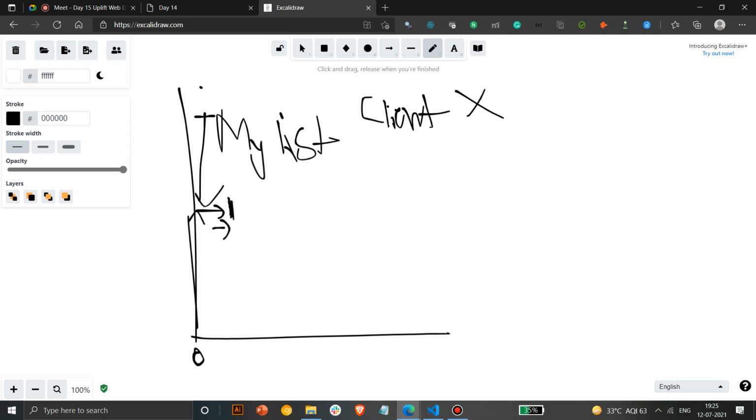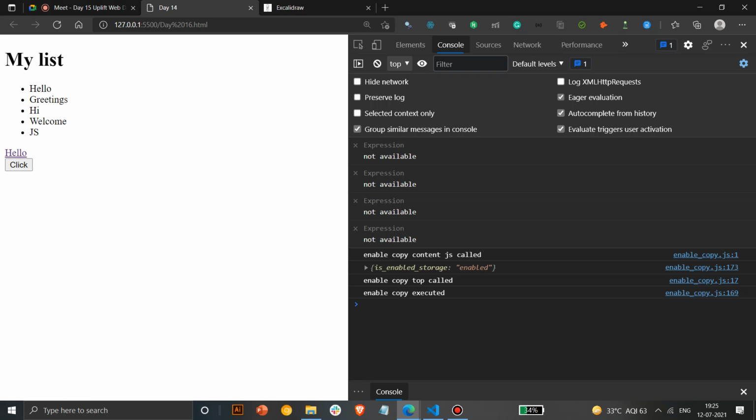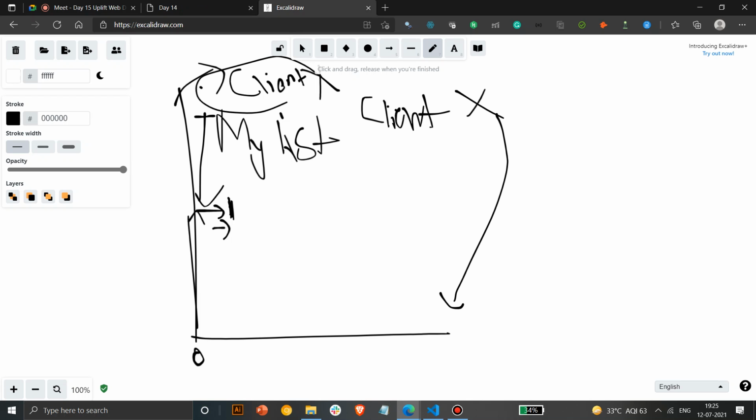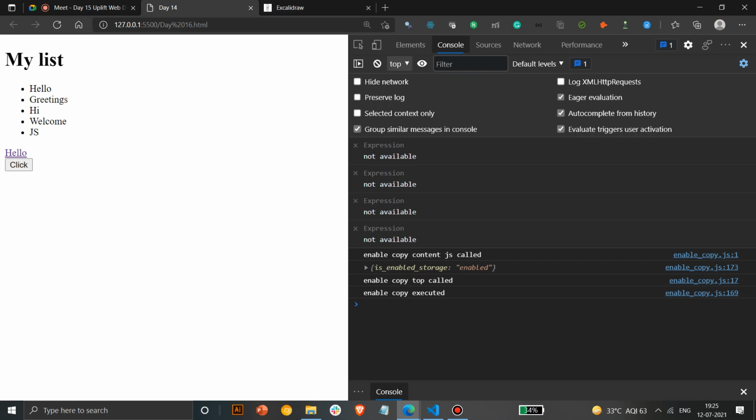This is only used when you are building an application that is a windowed application. Sometimes, like in an exam, you have to stop users from clicking certain buttons or disable something. In those cases, client x and client y will be used, so you can track the exact location of a particular object there.